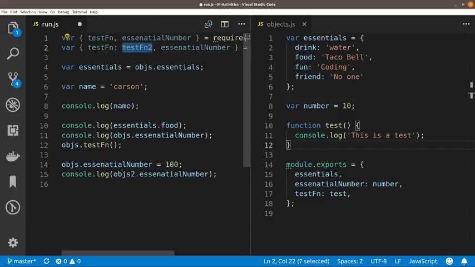Right? Yes, correct. Because the reference that we were using of object and object 2, you can't get to them, right? Because they've been split up. There's no object variable anymore for you to reference. So you can't directly reference that reference. And so essential number being a number is a value type, and if you just change this essential number, it won't affect anything else. So if I just change this,